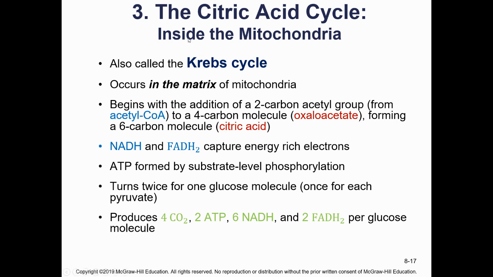So now my acetyl-CoAs are going into the citric acid cycle. This also takes place in the mitochondria and the matrix. This is also referred to as the Krebs cycle, after the man who worked out the path of this process. It occurs in the matrix, and it begins when I take my acetyl-CoAs